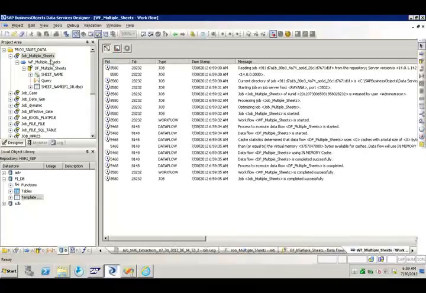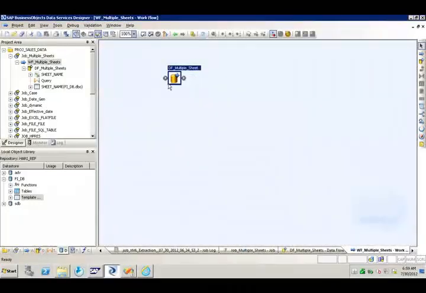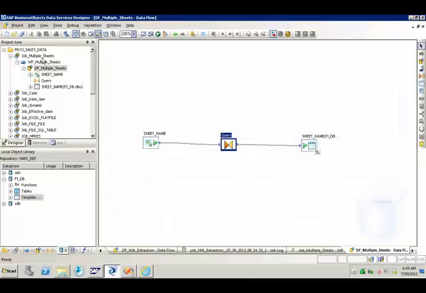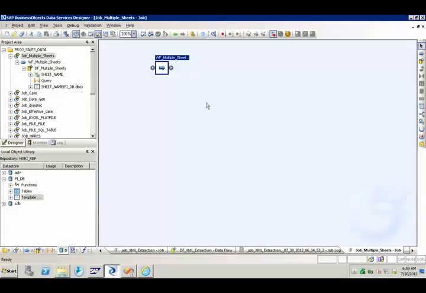So job is successfully completed. Now let us go and see the data here. So what it is having? Row ID, sheet 2 and sheet 3. Perfect. Now one part is successfully completed.